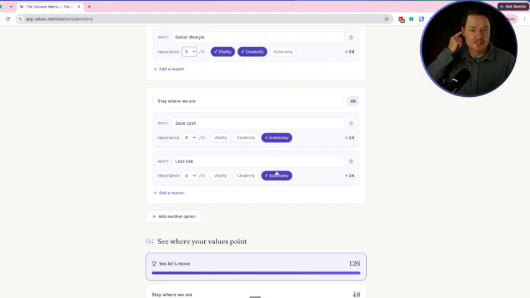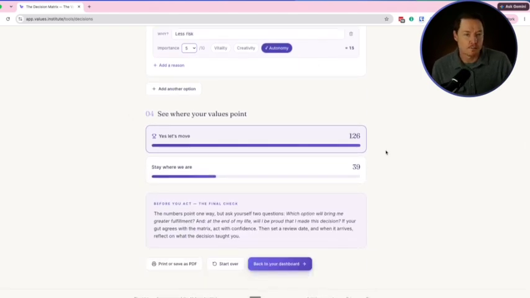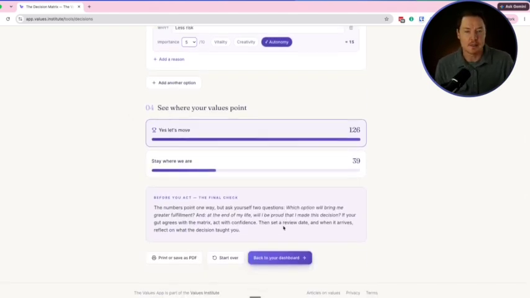It's good for less risk. How important is less risk to me? Let's say it's 5 out of 10. And you get to see where the values point. So this is basically saying, yes, let's move because it's more aligned with your values based on that kind of weighting system. Of course, always ask yourself, at the end of my life, will I be proud that I made